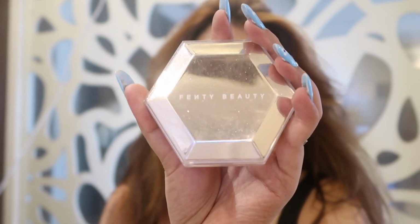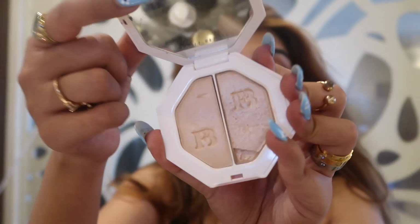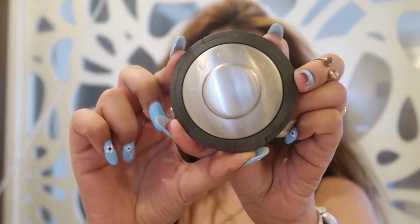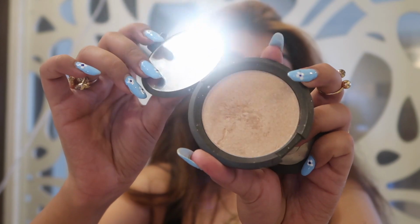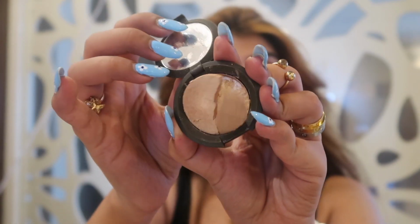The next Fenty Beauty highlighter is this one. I use it on a regular basis. It's such a pretty highlighter. This Becca one is such a nice highlighter. I got it in the mini version because I used to